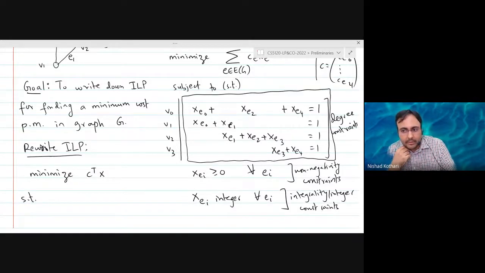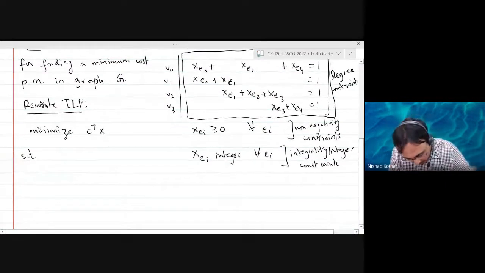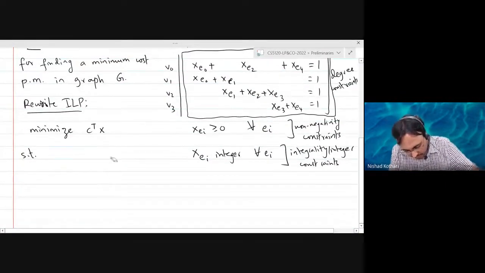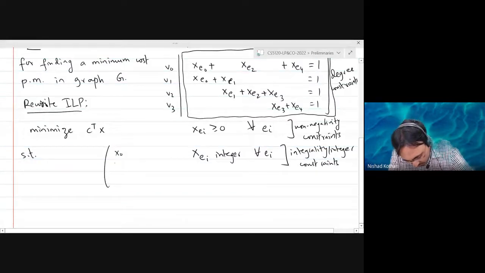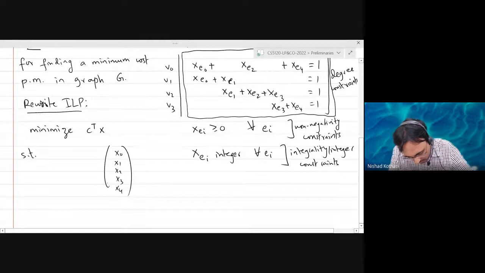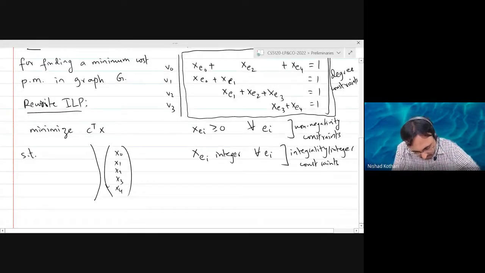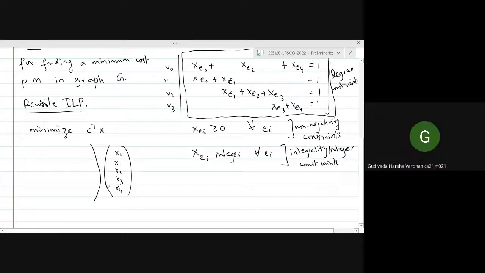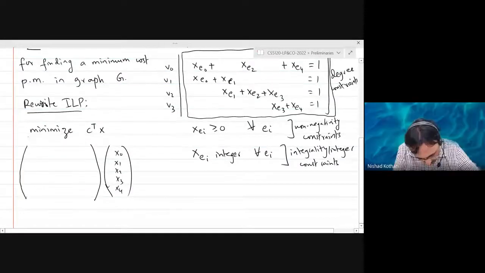What should my matrix look like? The vector is clear, right? We are going to multiply by the vector x. And what should our matrix be? Something with ones and zeros. Okay, so the rows are indexed by,